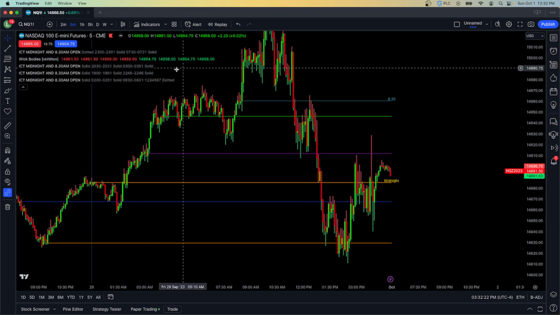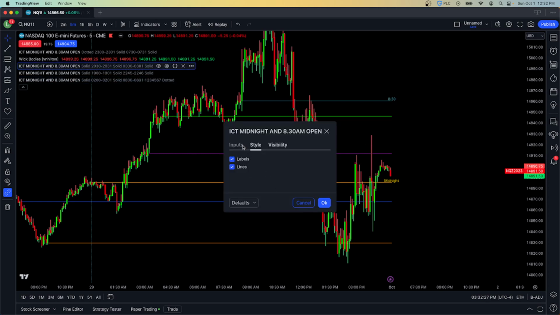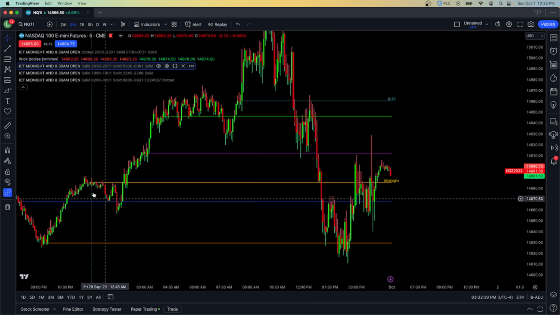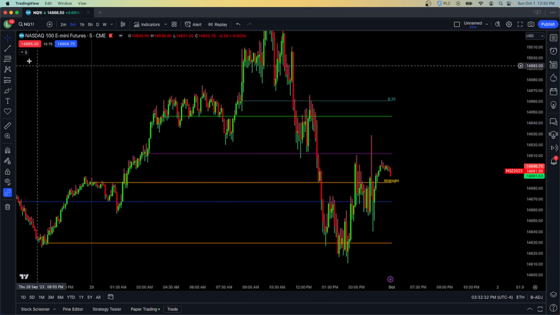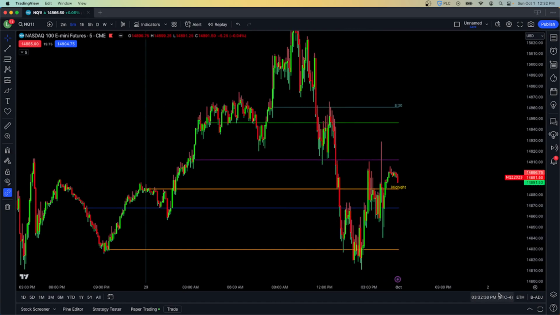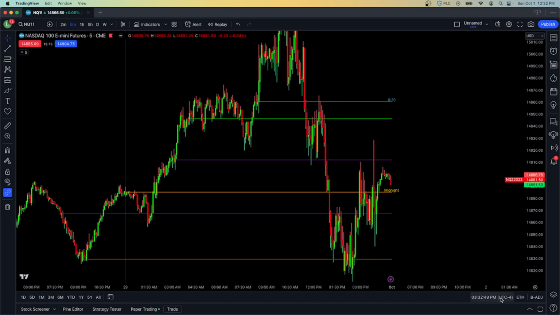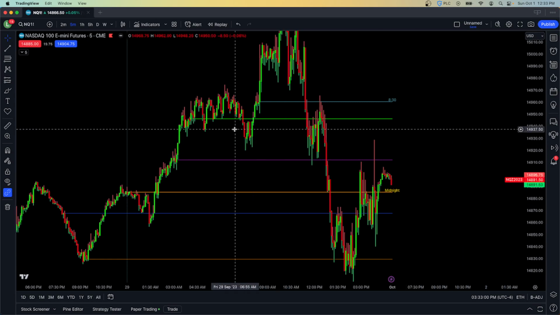What it is, I took this ICT midnight and 8:30 open, and I used it to basically map out the various opens on different indexes around the world. I shouldn't change the time, because they're specific to UTC-4. I trade based on New York time, but I had to go through and change the time to whatever country's local time, for Germany, for the UK, for India, for Singapore. And basically, I looked at